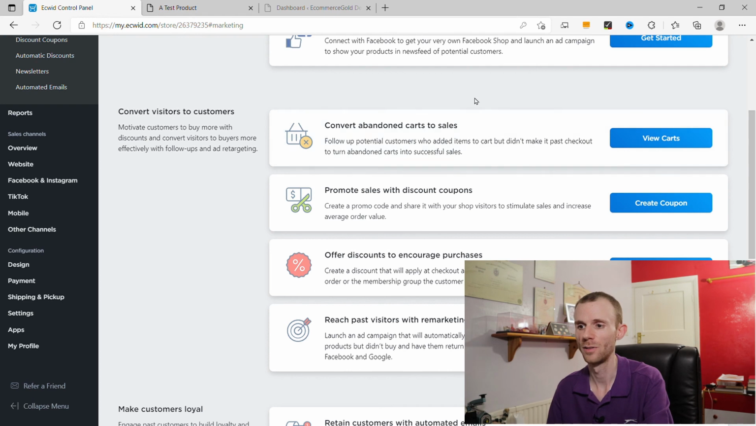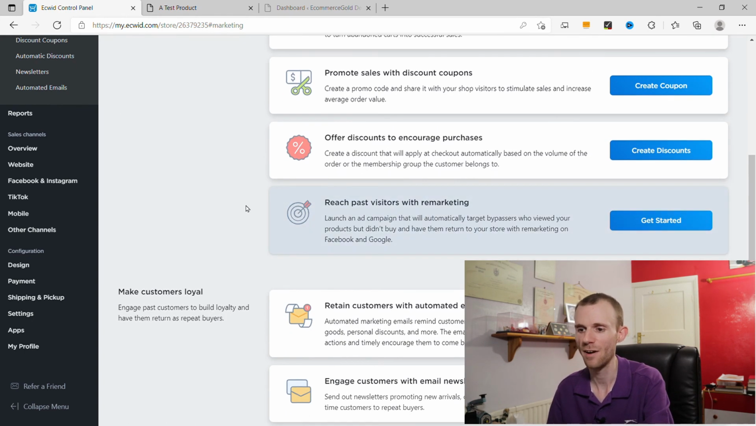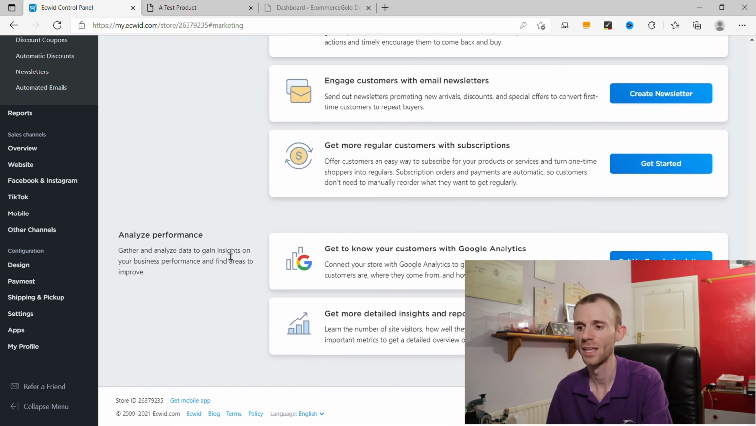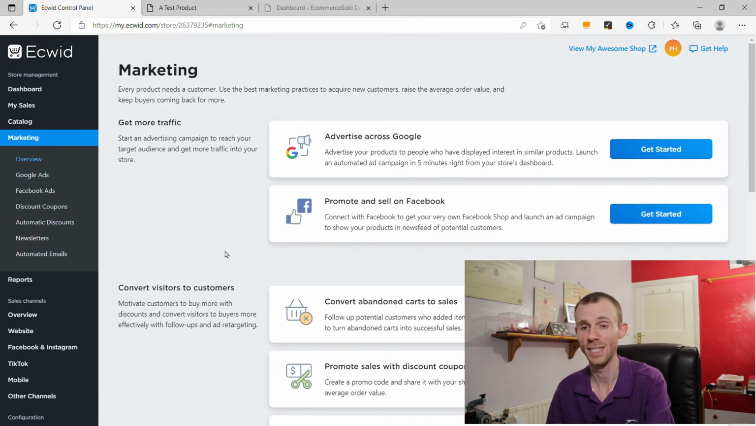So you can convert abandoned cart to sales. You can create discount codes. You can encourage purchases with different discount codes. You can do remarketing campaigns. You can also re-engage with customers as well. There's quite a few options available from the basic marketing page, but we're going to go into some of these more specifically